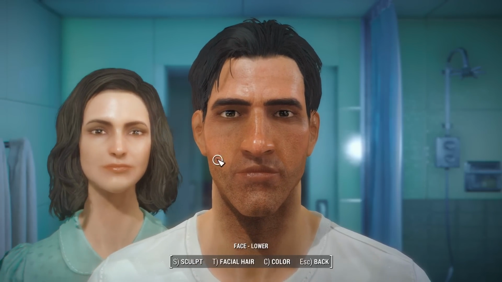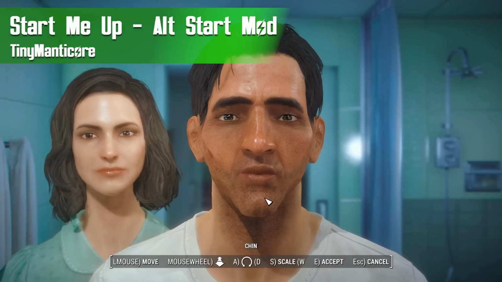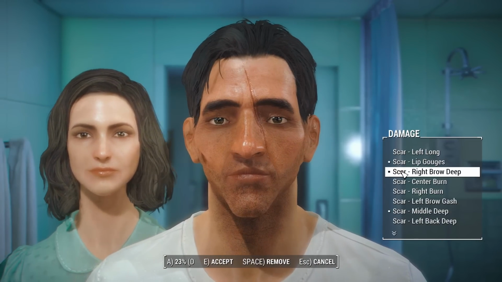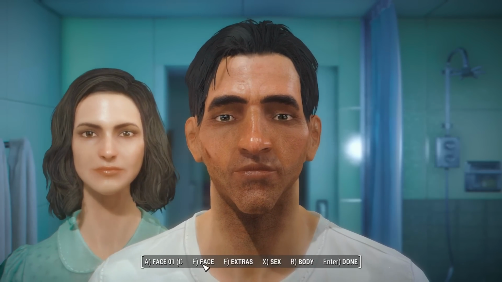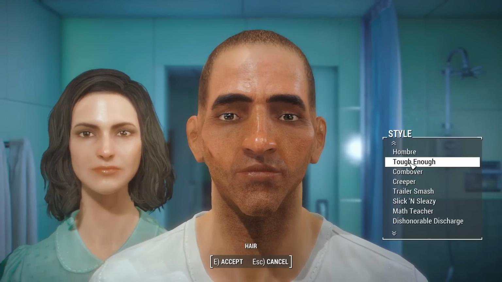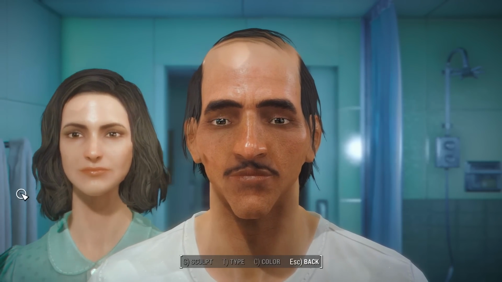For starters, we're going to be talking about the mod Start Me Up by TinyManticore. This is an alternate start mod that will completely change the way you experience Fallout 4 and make new saves. This is definitely one that I think is essential for anybody still playing in 2022, as it's going to change up that vanilla storyline a little bit and make it so that new characters are much more unique and enjoyable